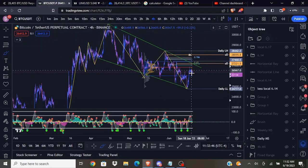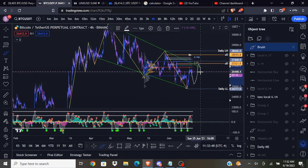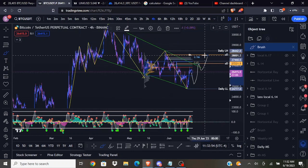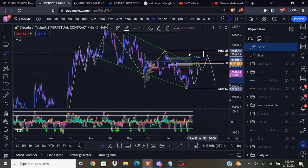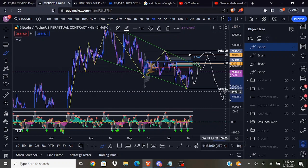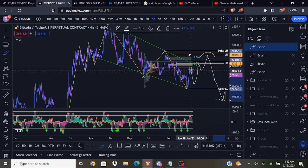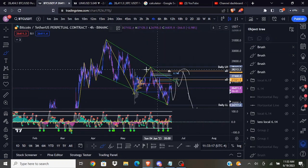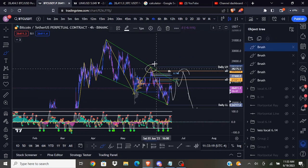So even if we form some kind of uptrend on the 4-hour, even if we break out of this little wedge pattern that I've been looking at, we still could potentially just reject from somewhere and put in a lower high in the daily and then just continue that structure. So even if things start looking really bullish here, even if we start forming some kind of 4-hour uptrend and breaking out of this top trend line, I would still be careful until we're able to close up above this high,